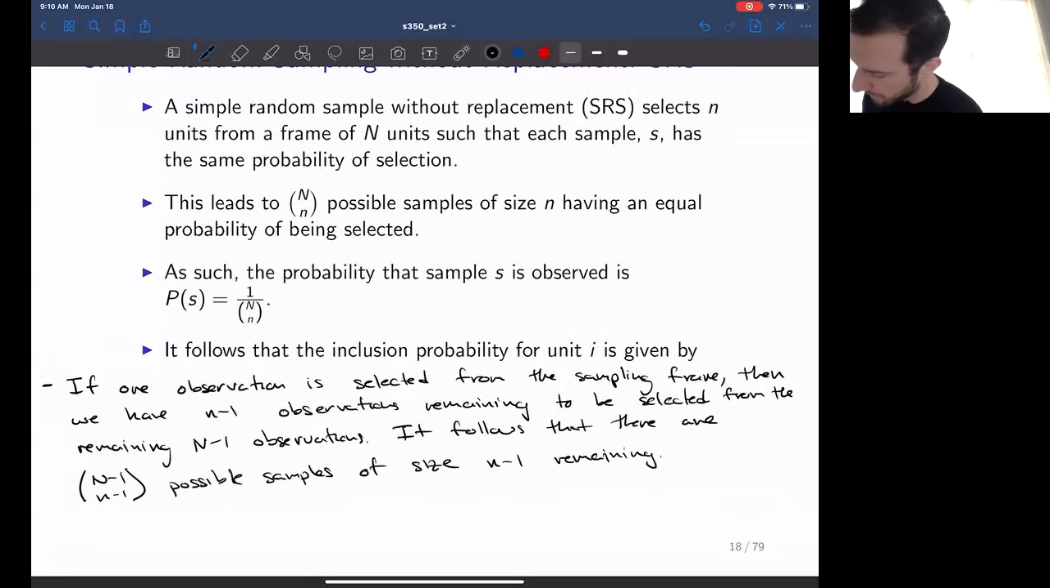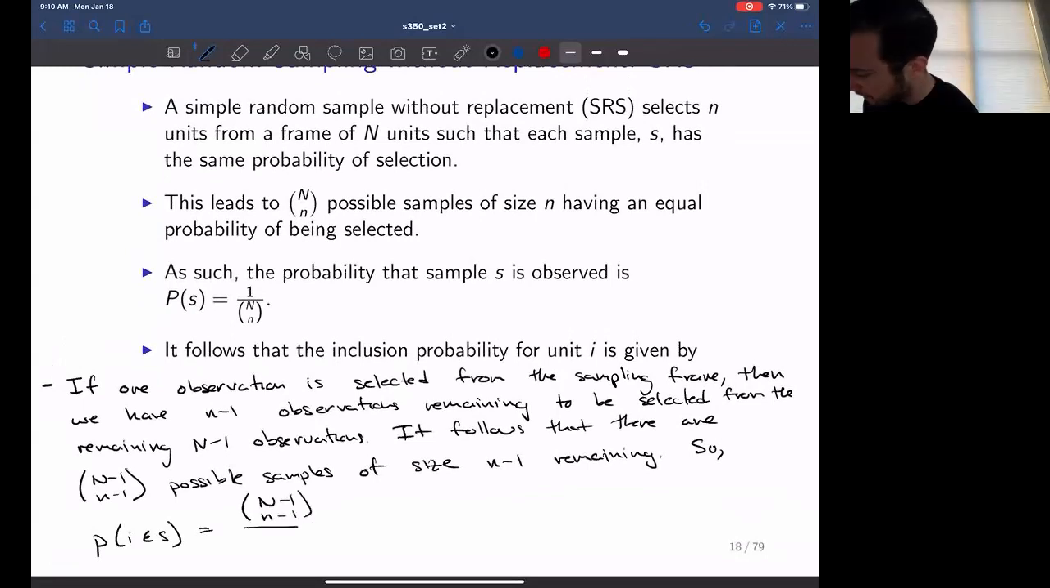Okay. So then we can say the probability that observation i is in sample S is equal to capital N minus 1 choose little n minus 1, divided by capital N choose little n,